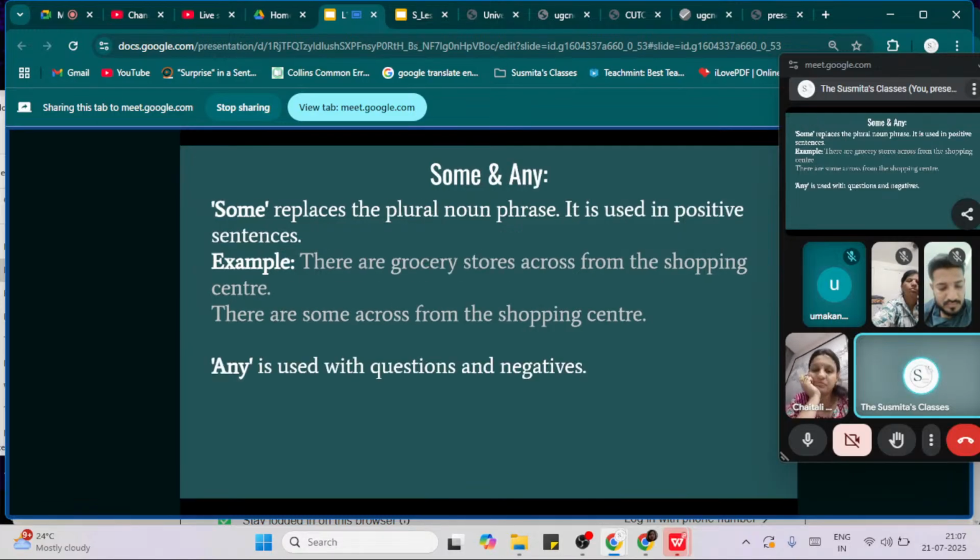Then next we have some and any. Now some is used in positive sentences to say that there are a few. Okay? And any is used in questions and in negatives. So I will ask, are there any grocery stores nearby? So I am using any in a question. Okay. If you want to answer that question in positive, then you will say yes, there are some on Pine Street. But if you want to answer in negative, you will say no, there aren't any near here or nearby. Okay? So in negatives any will come, in questions any will come, and in positives some will come.